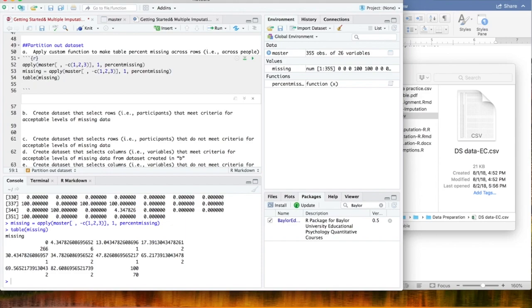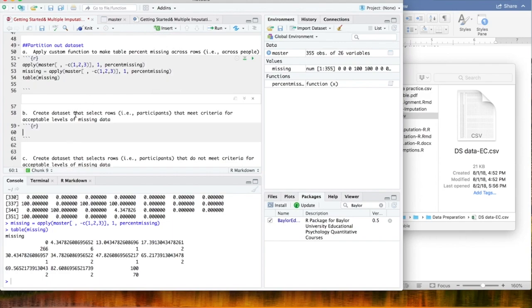So people who only have less than 5% missing data. That should be 266 plus 6 over here. How you can do that is, let's just call them replace people. You can call them whatever you want, replace rows, but whatever makes the most sense to you. So replace people from the master data set,